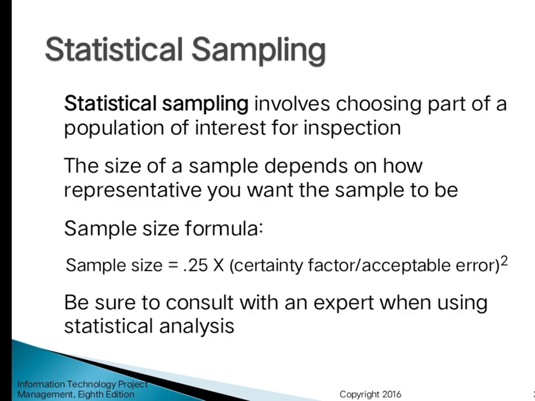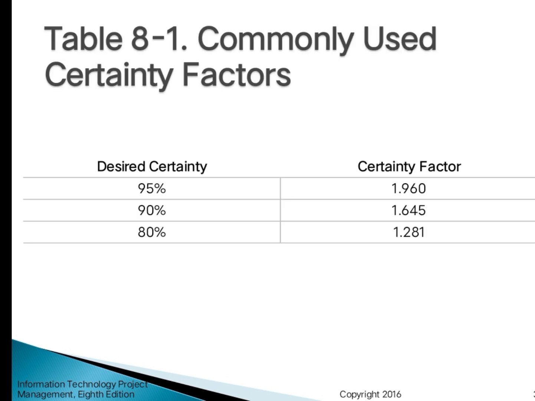Next, statistical sampling. Statistical sampling involves choosing part of a population of interest for inspection. The size of the sample depends on how representative you want the sample to be. The sample size formula is: sample size equals 0.25 multiplied by the certainty factor over acceptable error raised to 2. Be sure to consult with an expert when using statistical analysis. Commonly used certainty factors for statistical